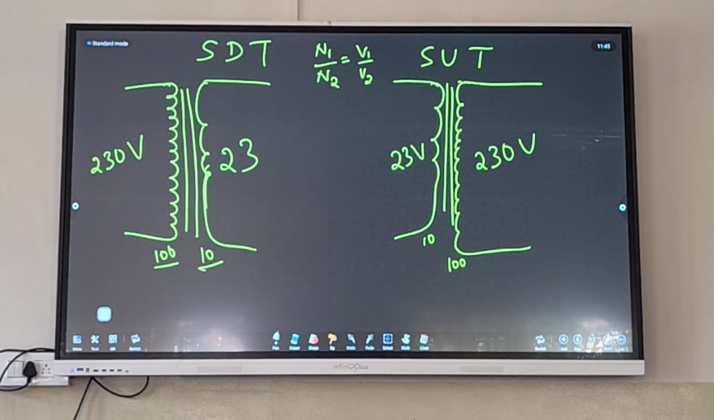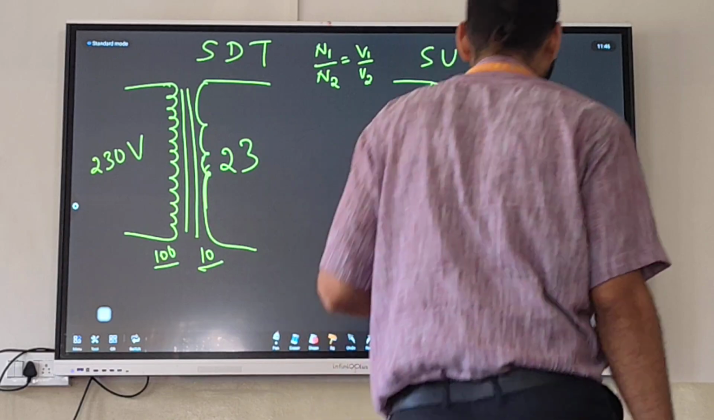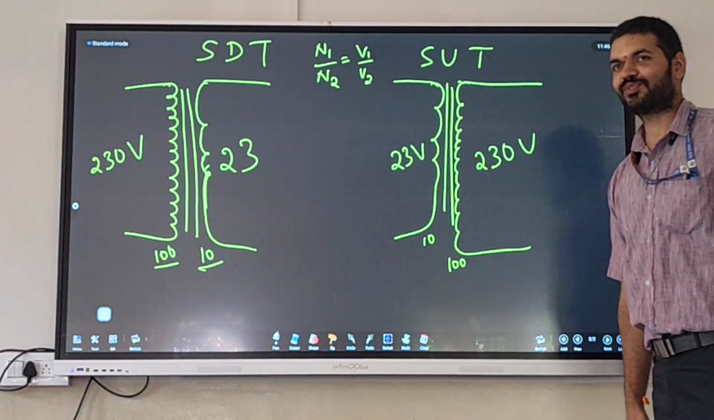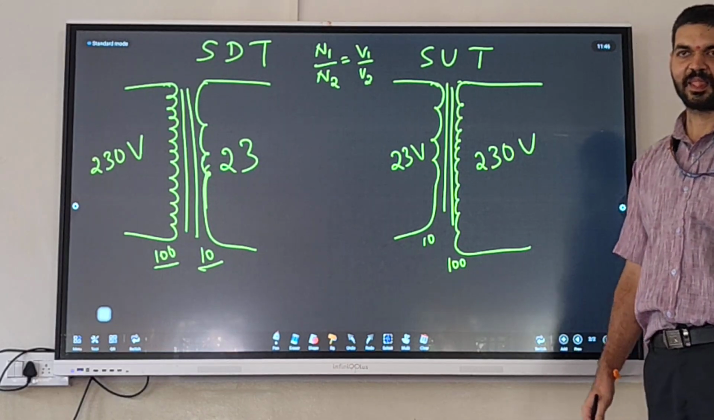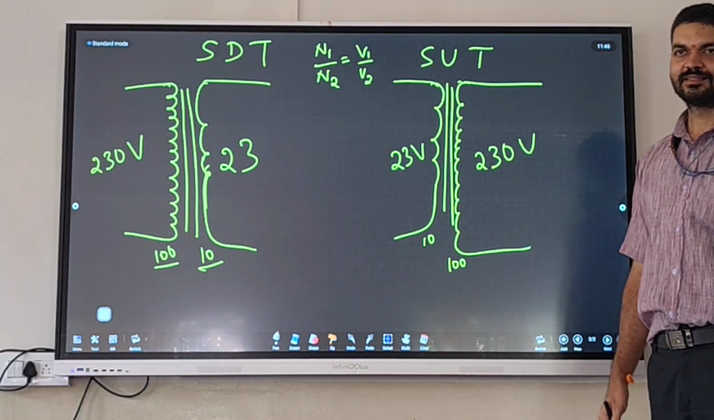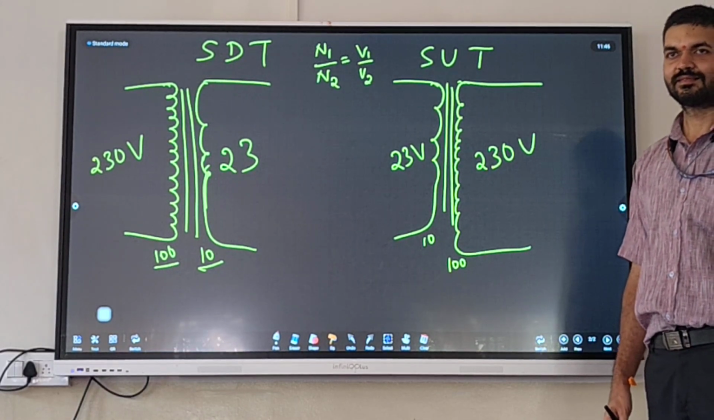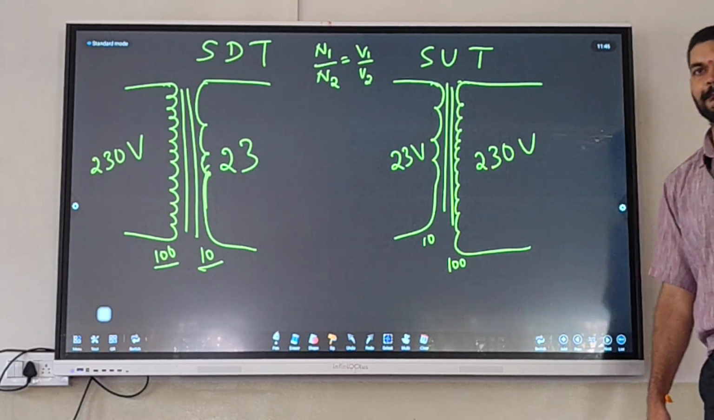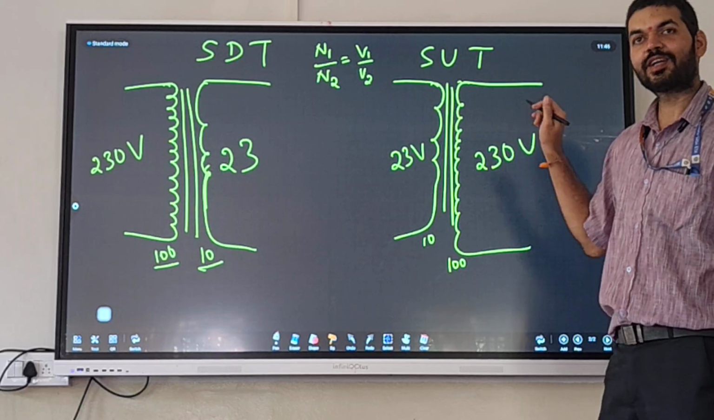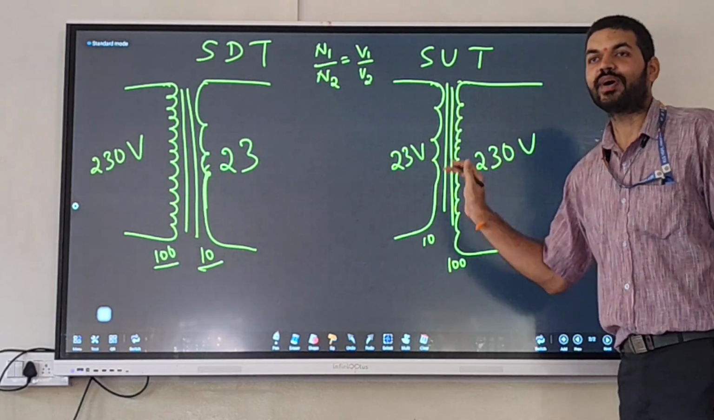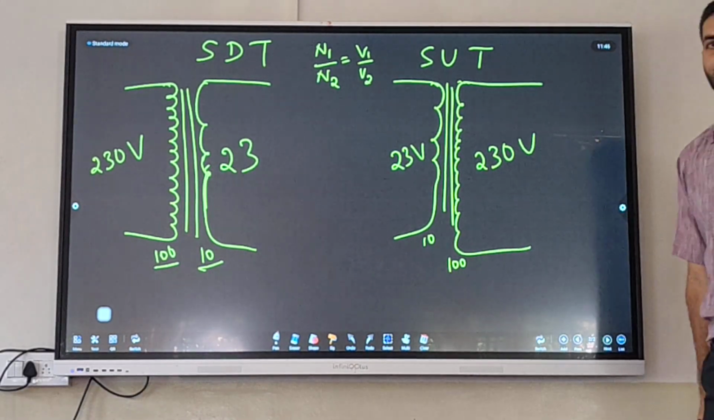23 becoming 230, 10 times. Amplifier? Yes or no? Say, my name, transformer. Why not amplifier for this? It is not an amplifier. It can't be an amplifier. Why can't it be an amplifier? Because